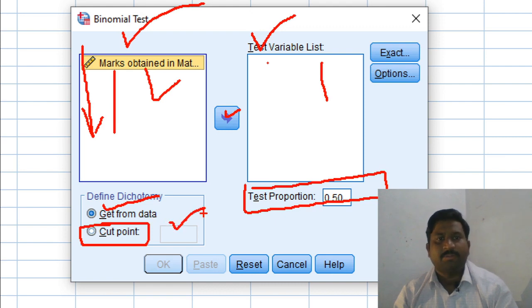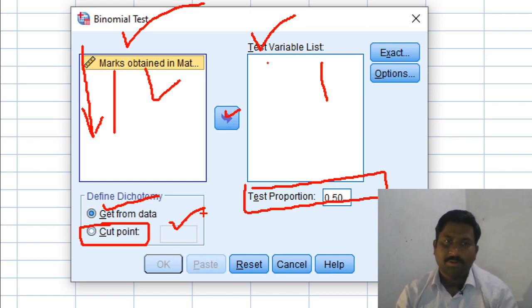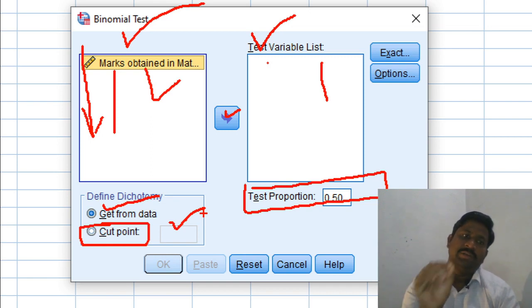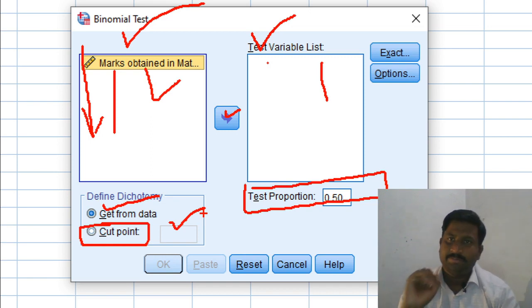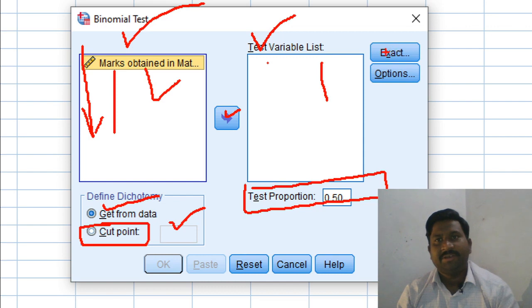What is a cut point? The cut point is the hypothesized mean or population mean. We write here the mean with which we want to compare our sample mean. Thereafter we click on Exact and Options, if we require some specific thing.